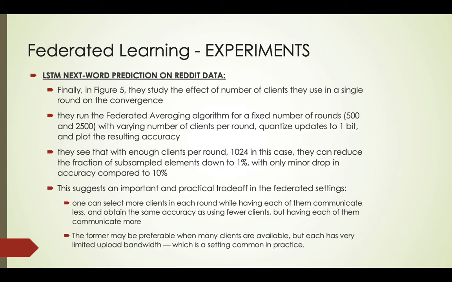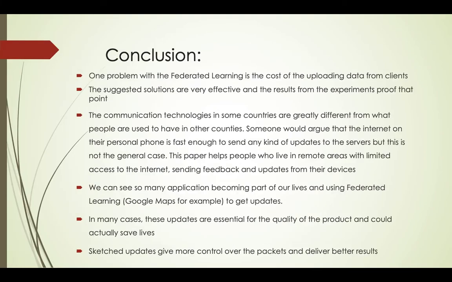This suggests an important and practical trade-off in the federated settings. One can select more clients in each round while having each of them communicate less and obtain the same accuracy as using fewer clients but having each of them communicate more. The former may be preferable when many clients are available but each has very limited upload bandwidth, which is common in practice. The conclusion: